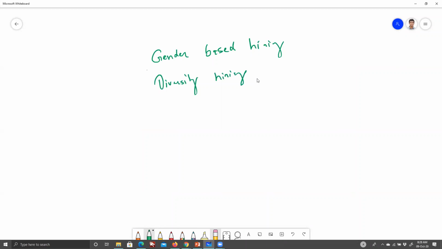Same problem. If you directly say gender-based hiring, it almost sounds biased. And diversity hiring, even internally, they understand basically it means the same thing, but they're not these days. You should not actually call it gender-based hiring. You should be more into diversity hiring. Okay, again, same idea, almost same idea.